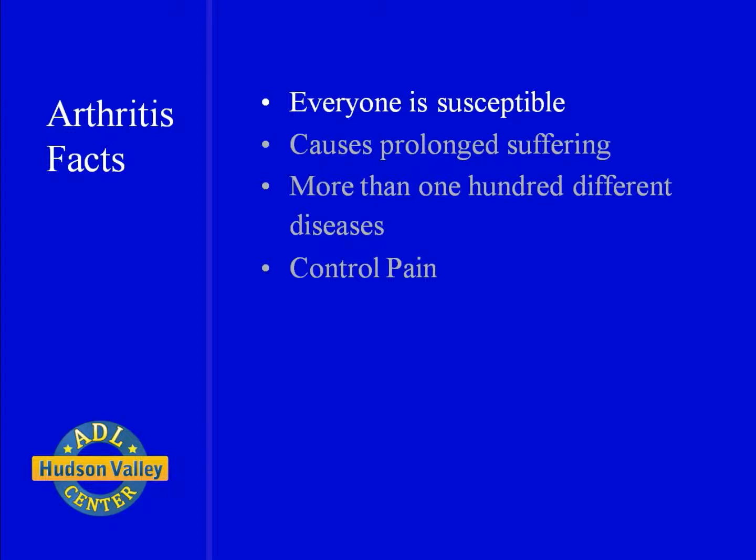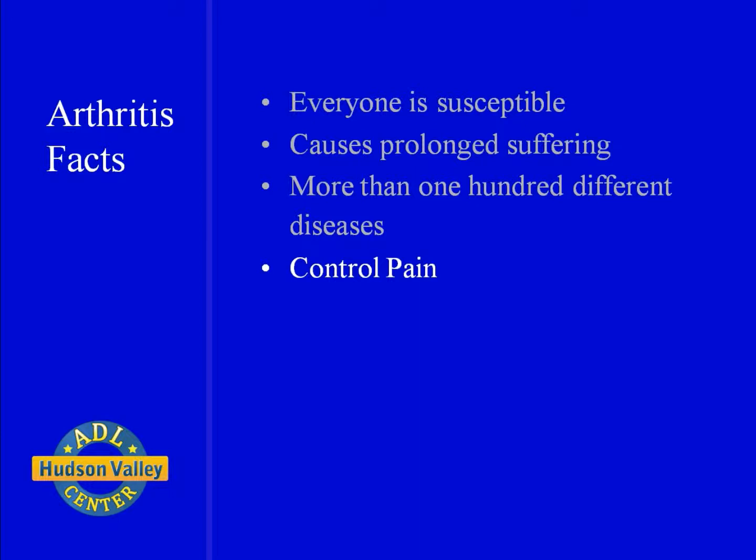Arthritis results in more than 39 million physician visits and more than 500,000 hospitalizations each year. Although arthritis is a crippling disease, it seldom kills. No other group of diseases causes so much suffering to so many people for such long periods. Arthritis strikes women more often than men. Arthritis refers to more than 100 different diseases that affect areas in or around joints.